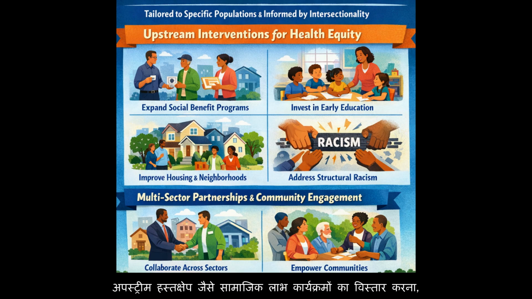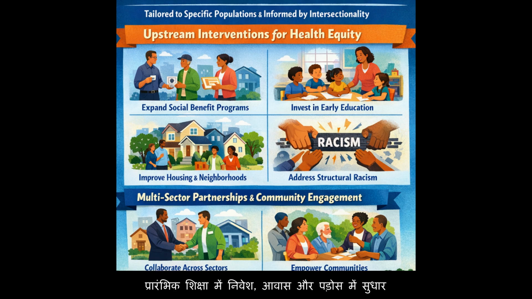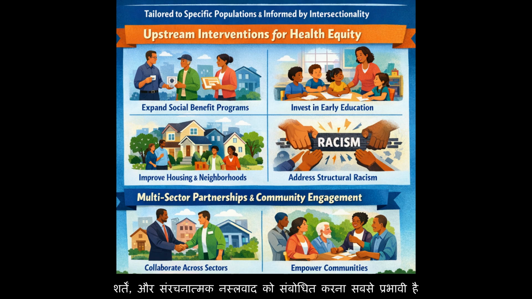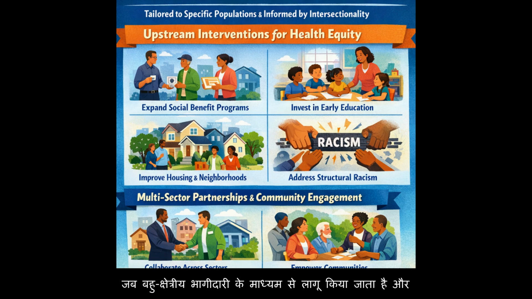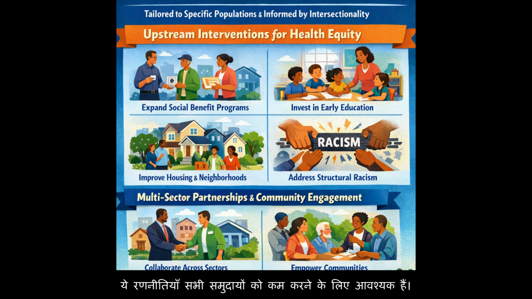intersectionality. Upstream interventions, such as expanding social benefit programs, investing in early education, improving housing and neighborhood conditions, and addressing structural racism, are most effective when implemented through multi-sectoral partnerships and with strong community engagement. These strategies are essential for reducing all communities'